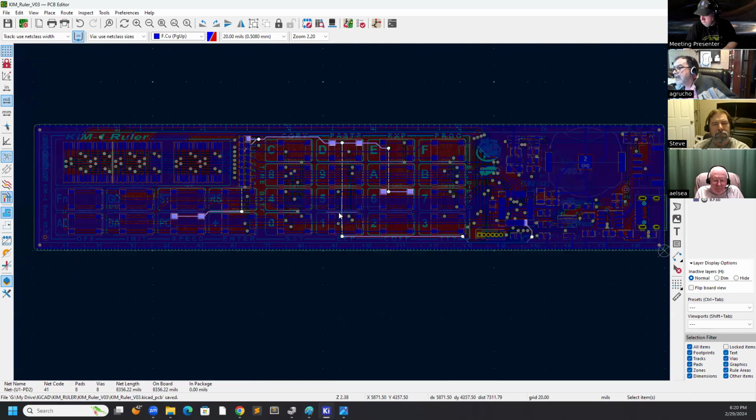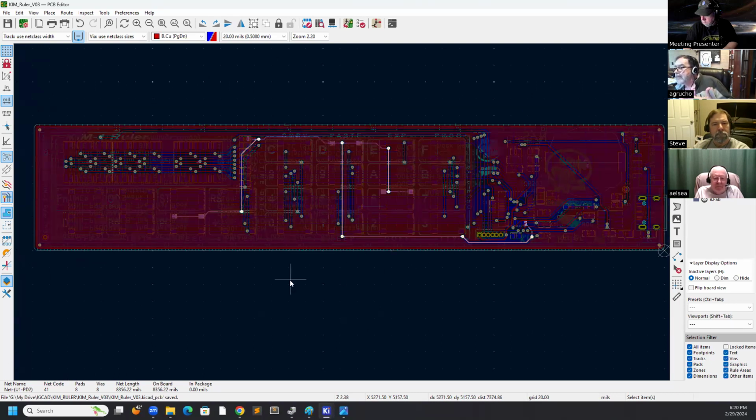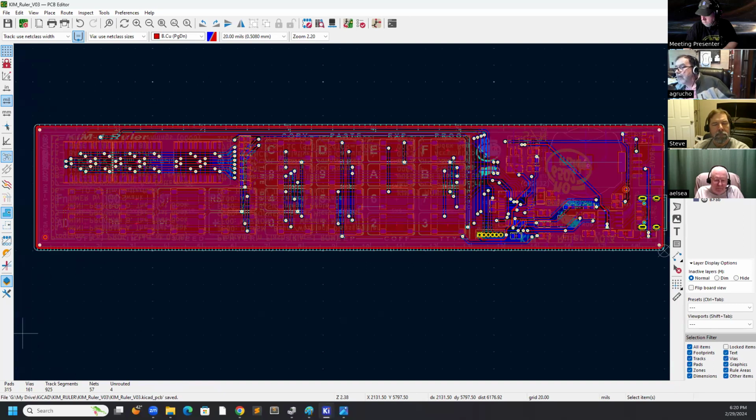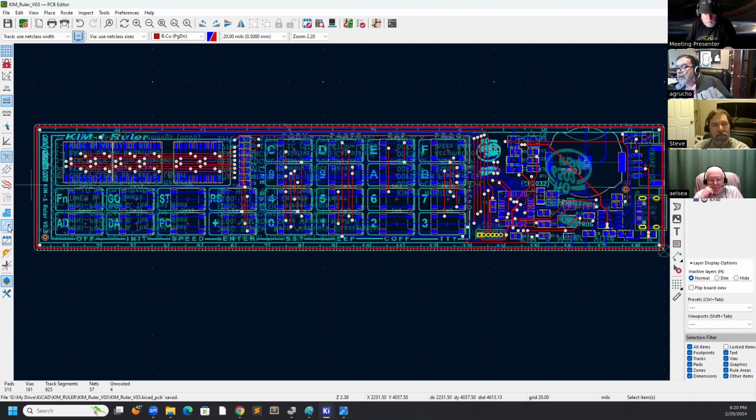This is the ground plane in the top, and you can see the ground plane in the bottom. Impressive. Yep. And turn on and off everything.